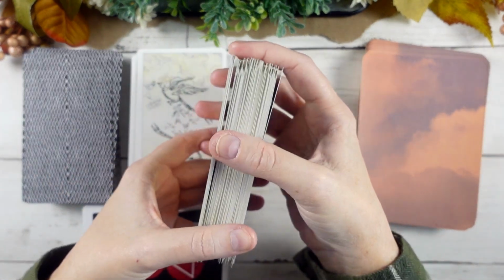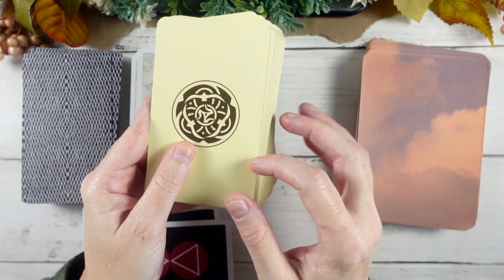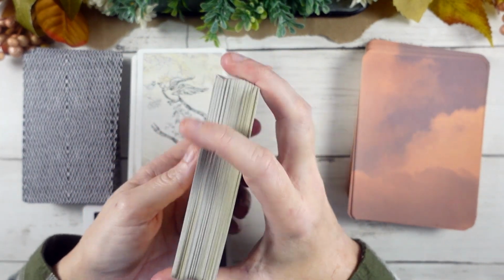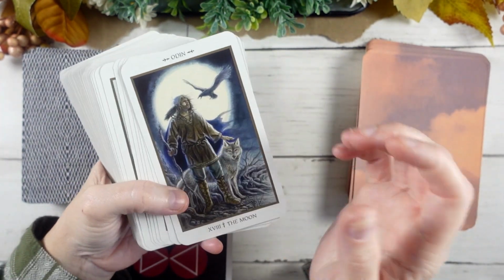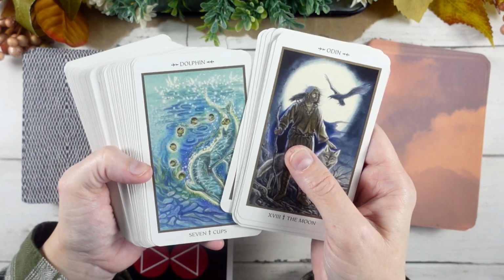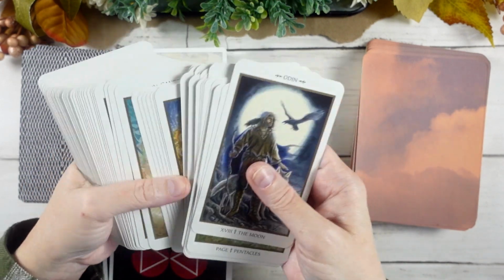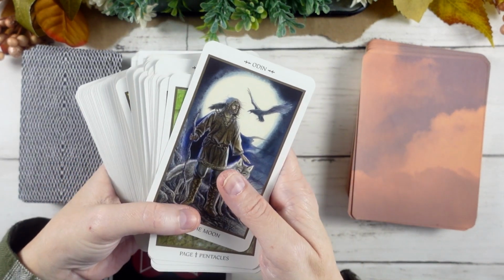Now I could edge it because even though we have white here, we have this kind of beige background on the back of the card. So I have thought about edging it in gold, and I will be perfectly honest, at some point I might, because I think that would look really pretty. But we're not talking about edging right now, we're talking about borders, and this is a case where the borders work for me. They serve a purpose and they're holding the text that I do need to work with these cards, and this is just a case where it works the way it is, but also it's out of print